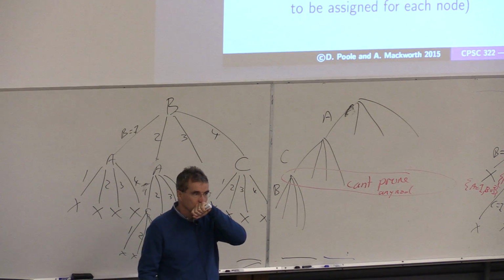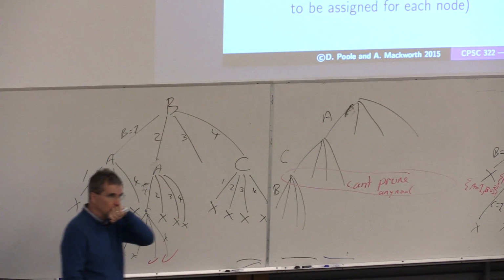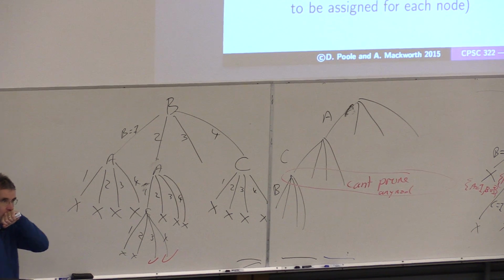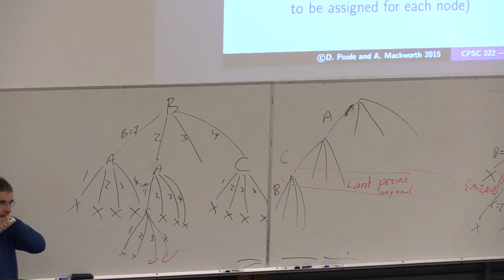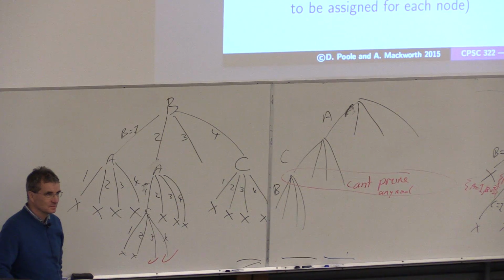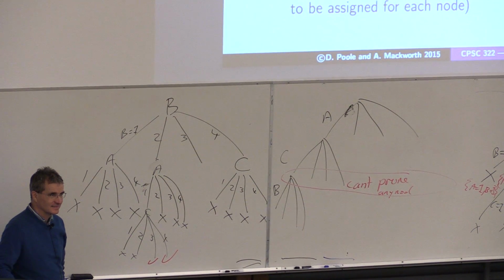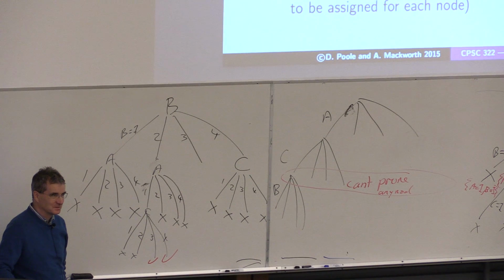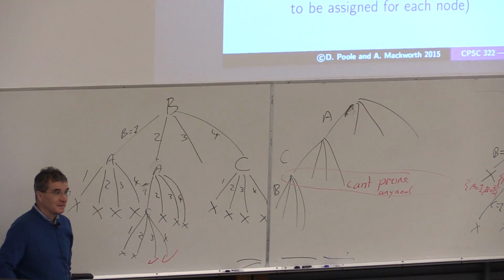The algorithm to the left, when we set B equals 1, the next node we decide to expand A, and when we set B equals 4, the next node we decide to expand C. The reason we did that is because those choices prune the highest amount of paths. But how would an algorithm determine that? How would it determine that when B equals 4, it should expand C and not A? Do we use a heuristic for that?